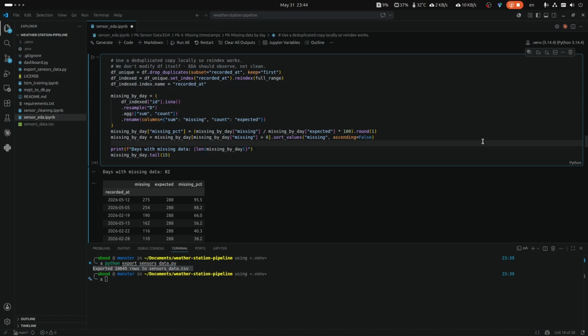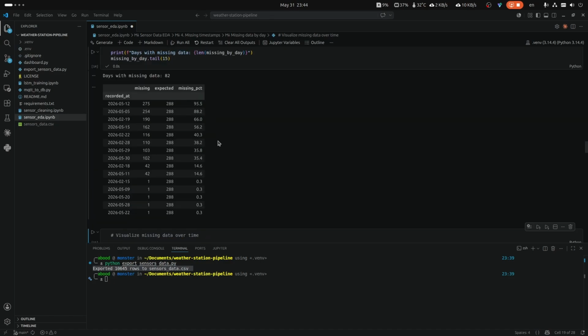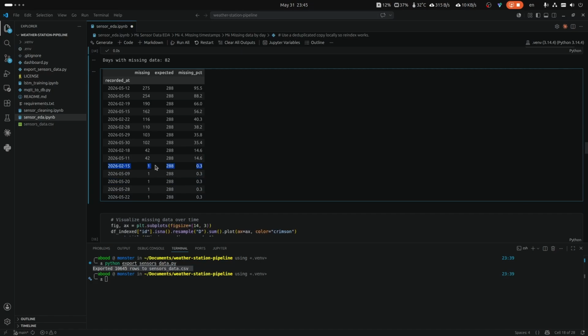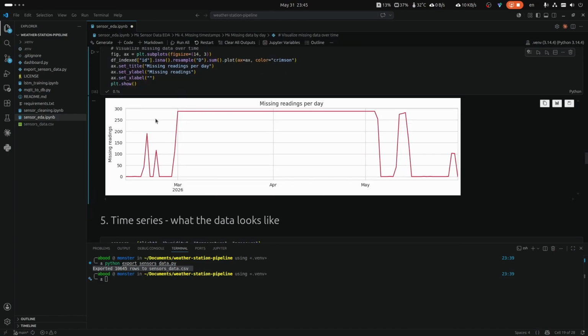This is just more discovering what we have in the data. Like some days we only have one missing record, which is okay, not that big of a thing. We can just interpolate. Here we can visualize the missing data. Well, this big gap, man, we missed a lot of data here. But anyway,